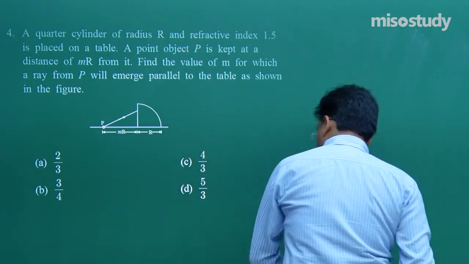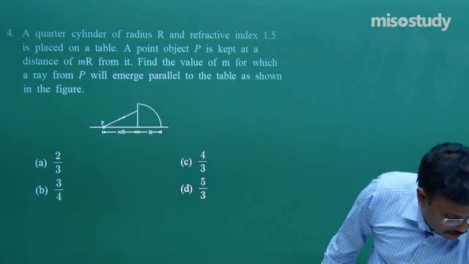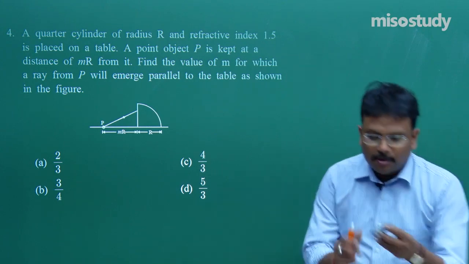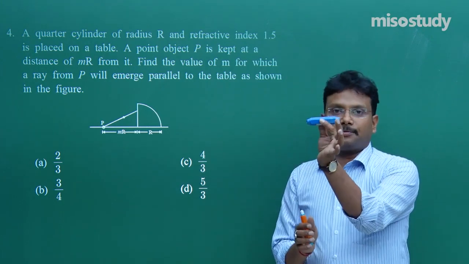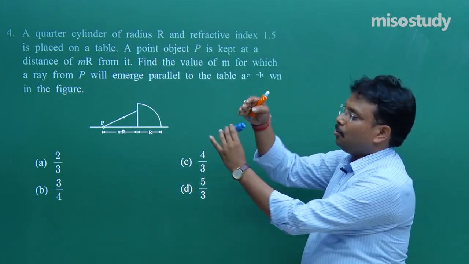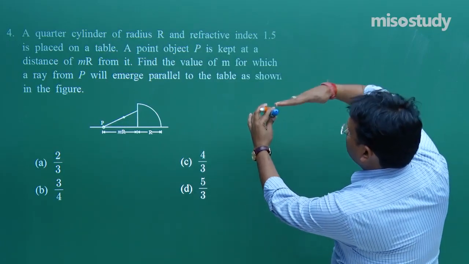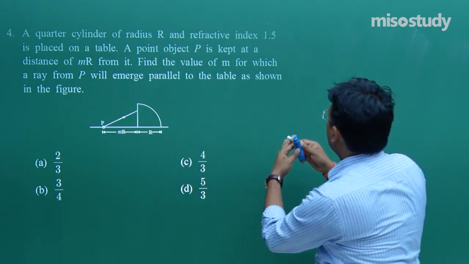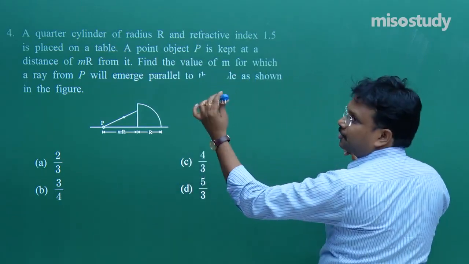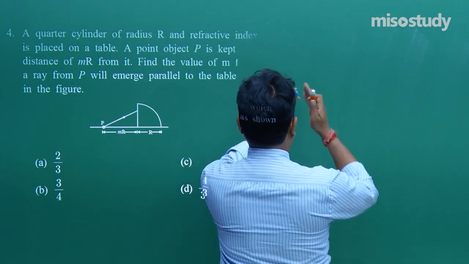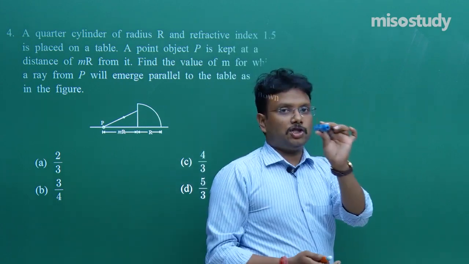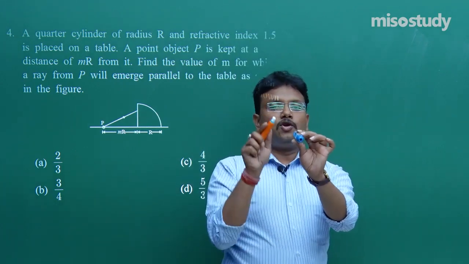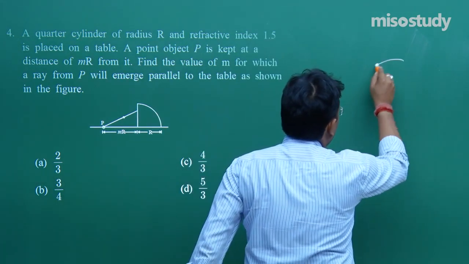Quarter cylinder means, imagine a cylinder like this, fine. So if I cut this cylinder and remove this part, if you are watching this cylinder in this fashion, you will find only